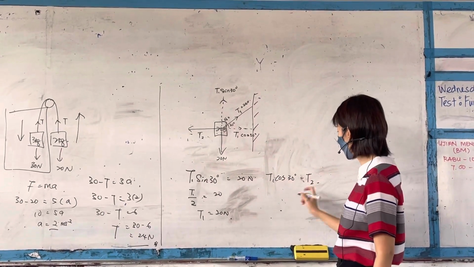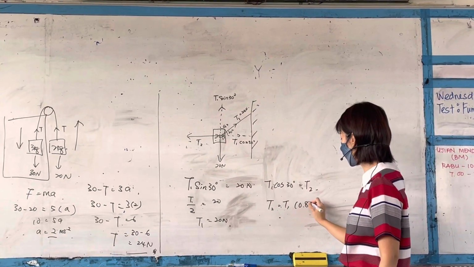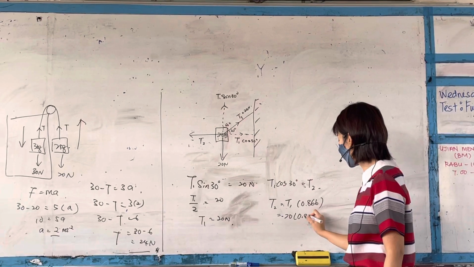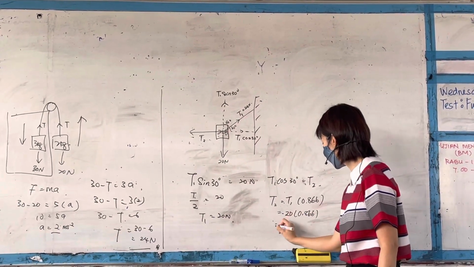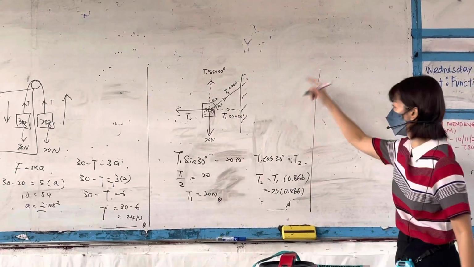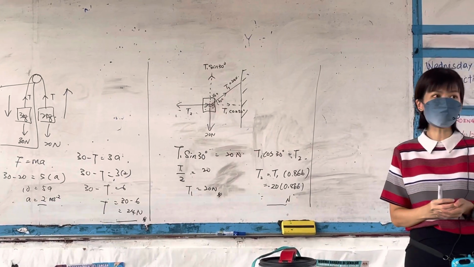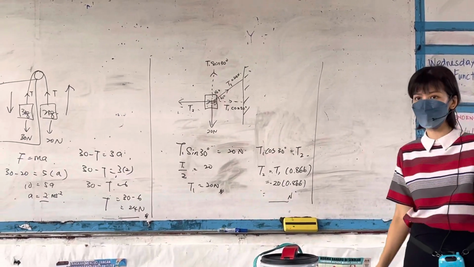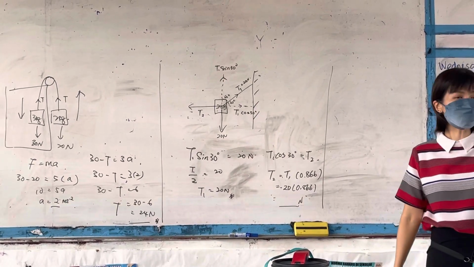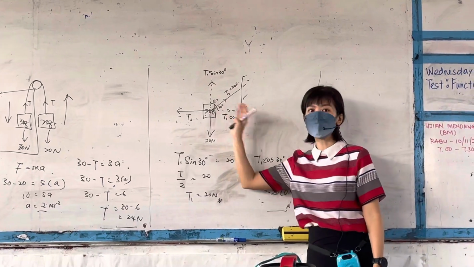I am trying to solve T2. T2 equal to T1 cos 30, which is 0.866. T1 is 20, so 20 times 0.866. Someone please tell me what is the final answer? This is how you're going to calculate this one. If you see something that cannot move, it's easy: up equal to down, left equal to right. Exactly the question that was in your trial exam. You try to solve again. I think now you can solve already. Up equal to down, left equal to right.